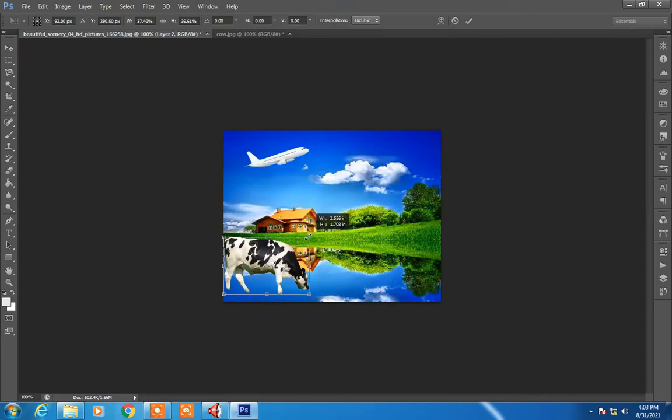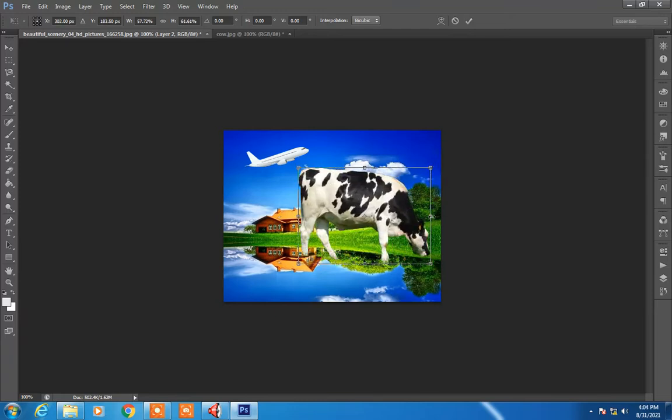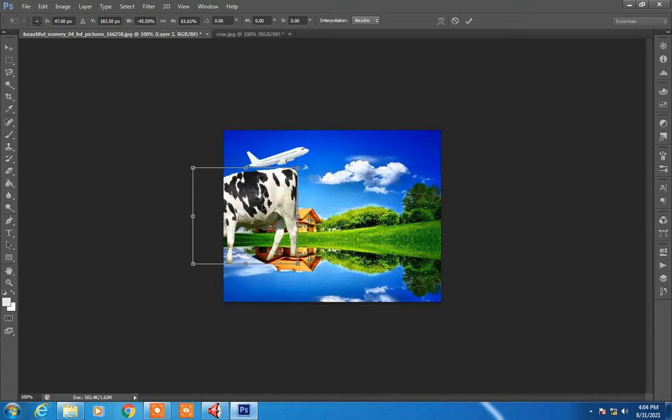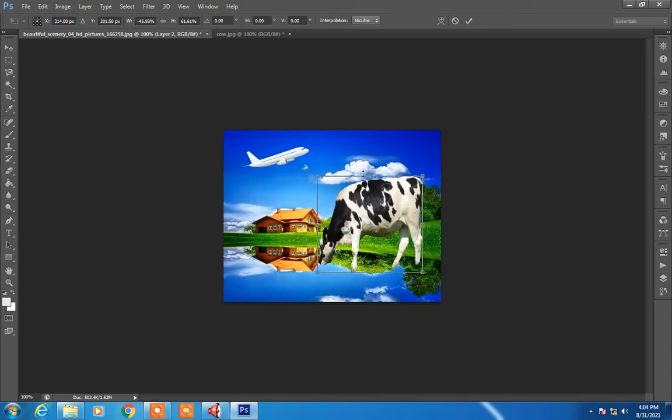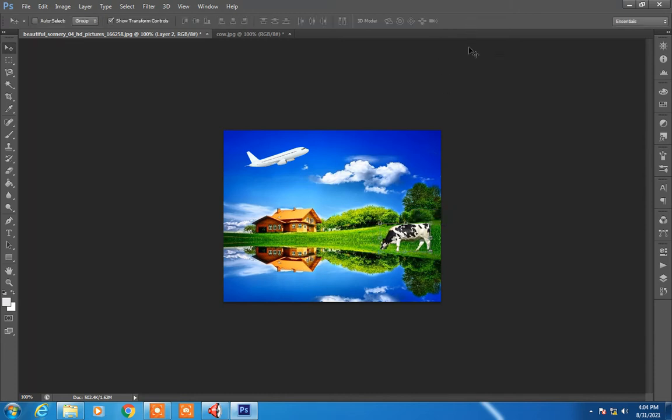You can resize the image and also flip it, so from left to right also you can take that image. You can just place it over here somewhere. Then just click on the tick mark so that the changes are applied.